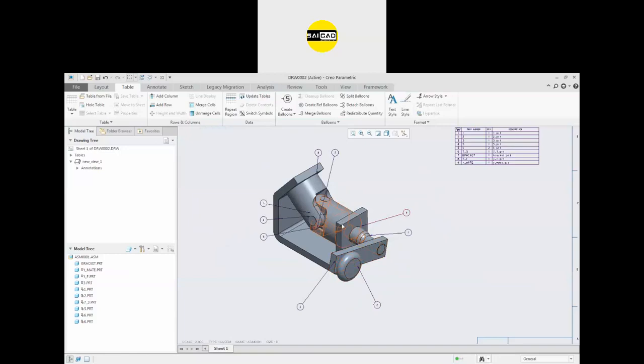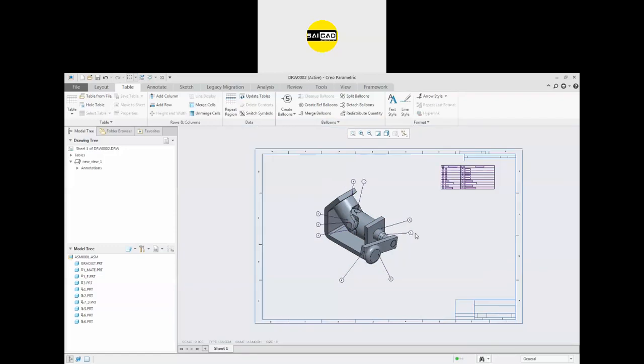So now you can see here we have balloons that are scattered around the drawing area. To make them symmetrical, we have the option here for a line. We can create a line and we can merge the balloon on that line also. Okay, so we are going to do that in a few minutes. So again, going to insert the balloon, going to insert the table. So when you insert a view inside an isometric view in the assembly, you have to create the bill of material and the balloon. I will show you an example.